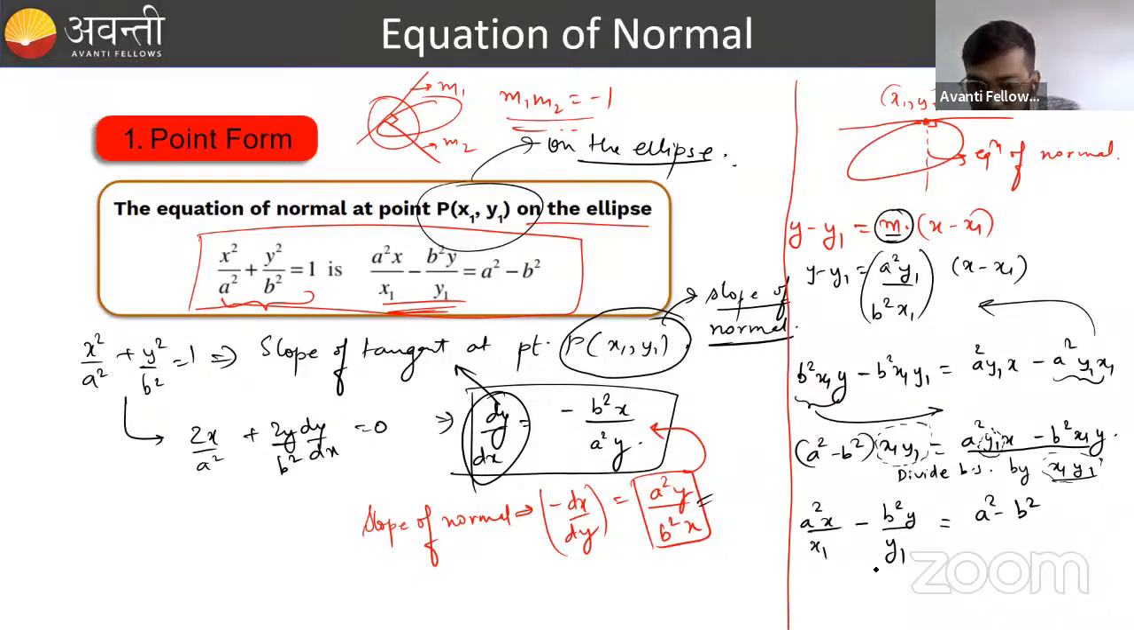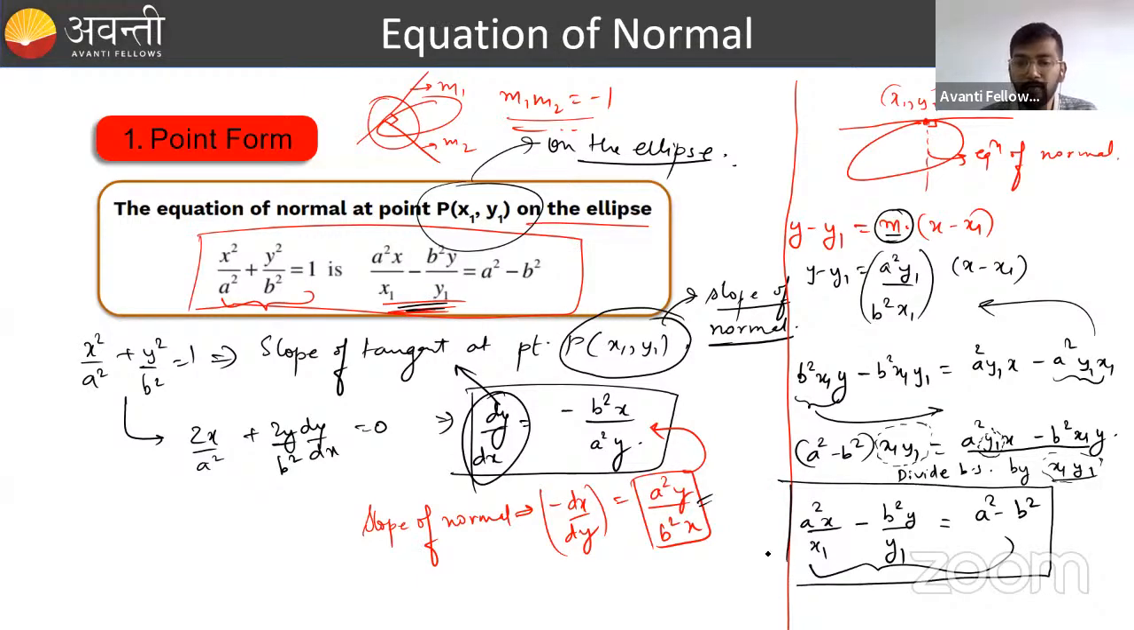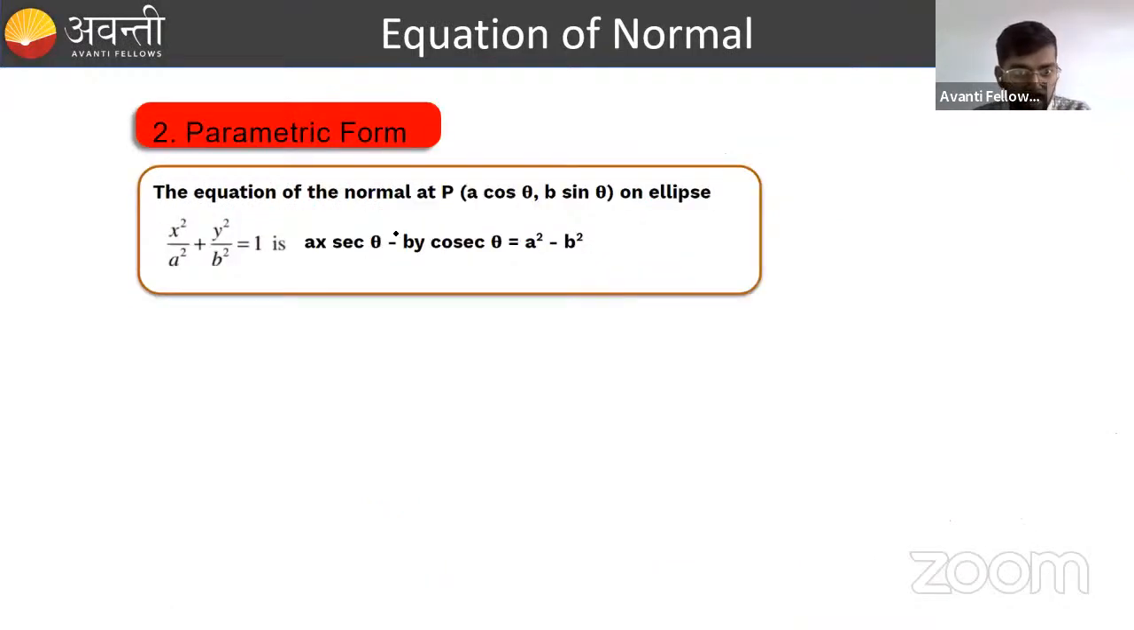Now you can see here that the equation of normal, which was written here, has been defined. Correct? So this is how you find or derive the equation of normal in slope point form. And this equation of normal is derived at the point P(x1, y1), which is on the ellipse. So this point is important. Okay. Moving further,